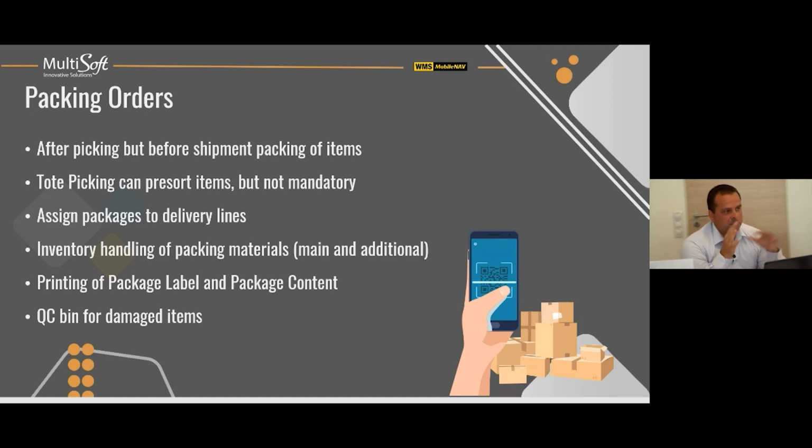So either the boxes, but not just the boxes, you can also handle fillers or separators, or tapes. And we can manage the inventory handling of these things. So if you register those in the packing order, then those will be basically discounted from the inventory. And in our solution, in the packing orders, you can print out